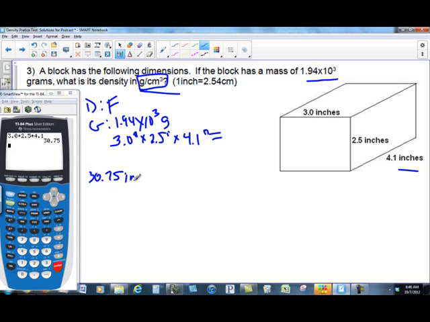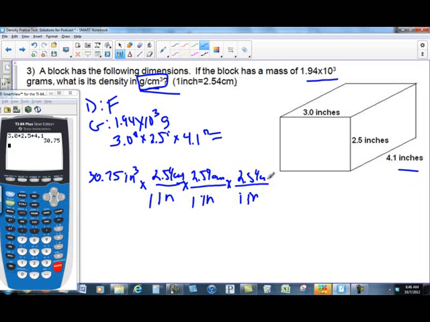30.75 inches cubed. Now to get that to centimeters cubed, which is what I need for density, I need to multiply that times 1 inch is 2.54 centimeters. That'll take care of one of the inches, but I need 3 of them, right? Because I've got inches cubed. 1 inch is 2.54 centimeters, and 1 inch is 2.54 centimeters. And if I multiply all that out,